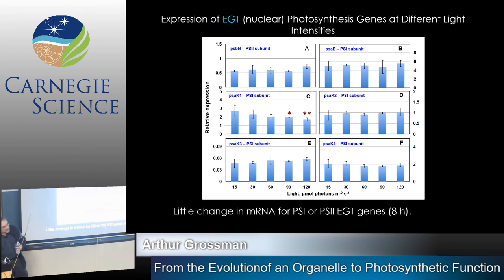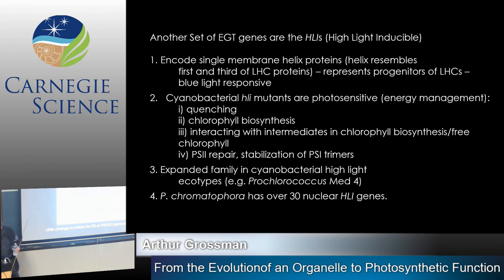Okay, now are any of these genes controlled by light at all? This shows you the photosynthetic genes that are the EGT genes, so they're in the nuclear genome, and you could see PSAE, PSAK, PSBN, all the different subunits. And you could see there's not much light control at all. So they're not really controlled by light in this organism. But there's another set of EGT genes